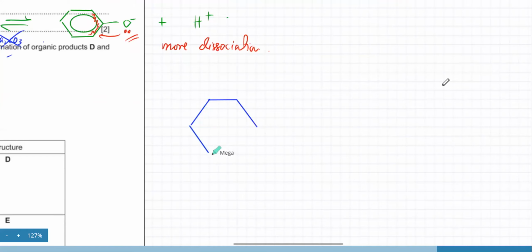normal benzene, let me draw a normal benzene. One second, let me add some people. So if you have a normal benzene with its electron cloud,